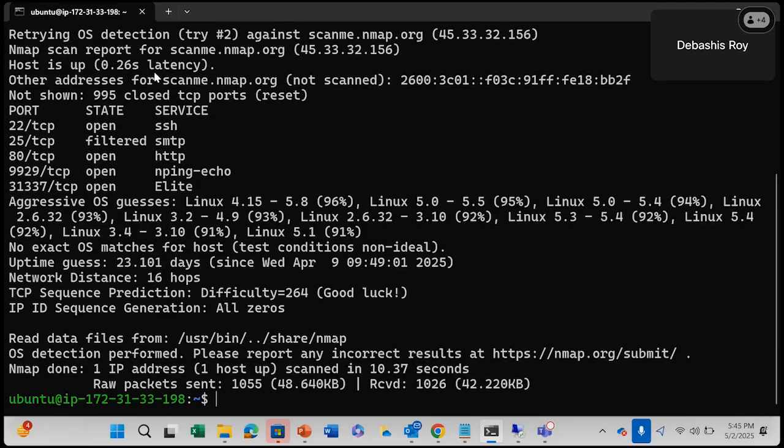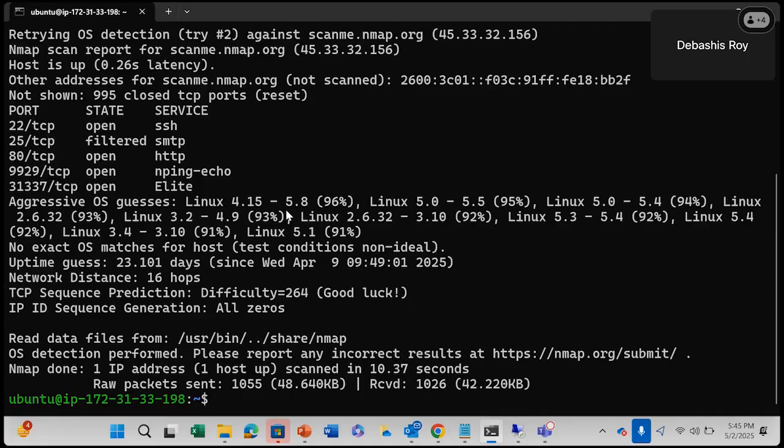And it has given you all the options. That is the open port, state, and the service. It specifies that 22 is an open port, 25 is a filtered SMTP port, 80 is an open port for HTTP, 9929 is an open nping echo, and these are the open ports over there. So Nmap can be used extensively to scan the target system and gather all vulnerability details, so that the next step can be to launch an attack on the system through these ports which are vulnerable, and you can get into it.